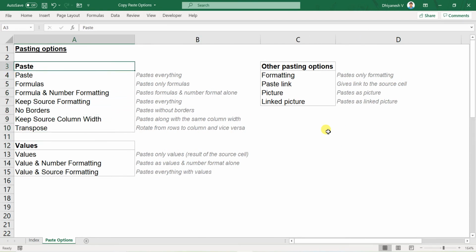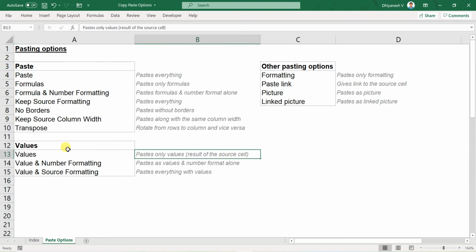These are the options available under the Paste heading, and you have something called the Values heading, where you paste only the values, that is, the result of the source cell. Say my cell contains a result where I have used VLOOKUP or some very complicated formulas, and I want that result to be permanent. I cannot change the source, or I will keep on changing the other files where I have looked up from. So I want this final result to be permanent, so I will just copy and paste it as values in the nearest cell, so that even if the formula's value changes, the first result I got will not change.